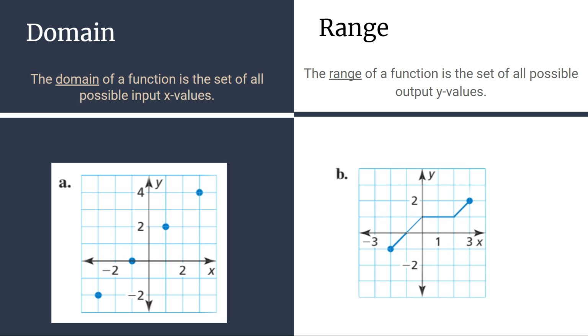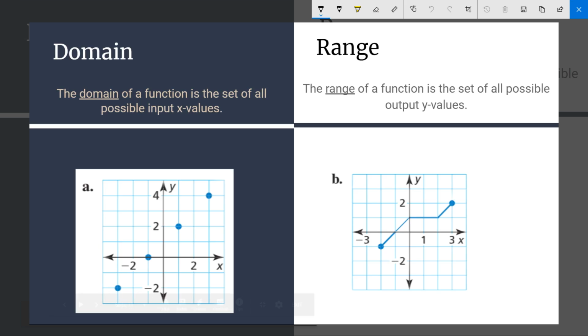Okay, domain and range. You are going to need to understand what domain and range are. Domain is referring to all of the possible input x values of a function, and range is referring to all of the possible output y values of a function. Okay? If we look at A and B and talk about the domain and range,